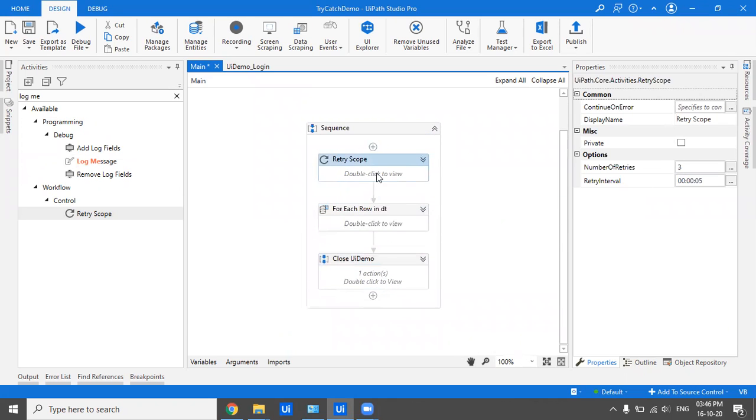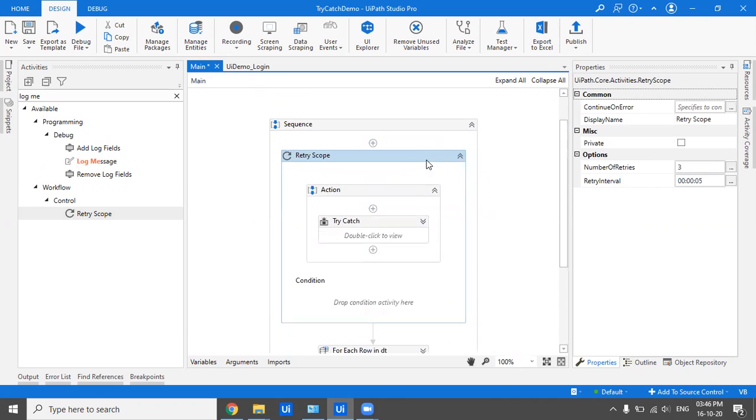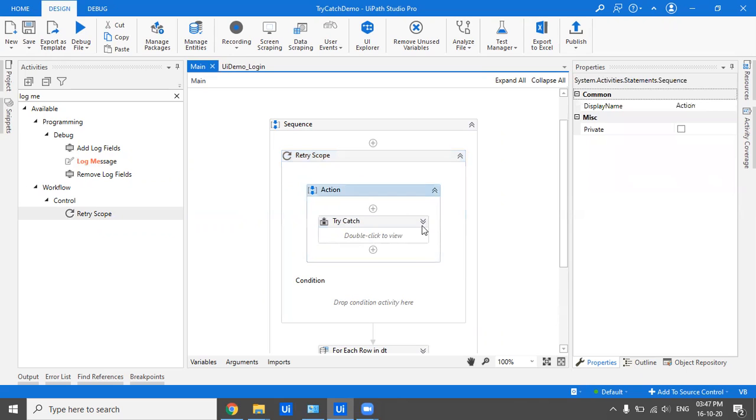Okay. So when you select this retry scope, you get conditions here: how many times you want to keep retrying and what the retry interval is. That is, I got an error, I executed, I took the actions I had to take in catch. Now I have to retry after 5 seconds or after 3 seconds. So that is the retry interval. I'll make it 2 seconds. And here you have the condition. So here you can have a condition.